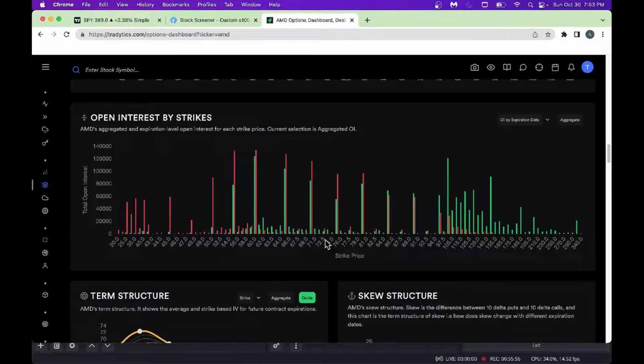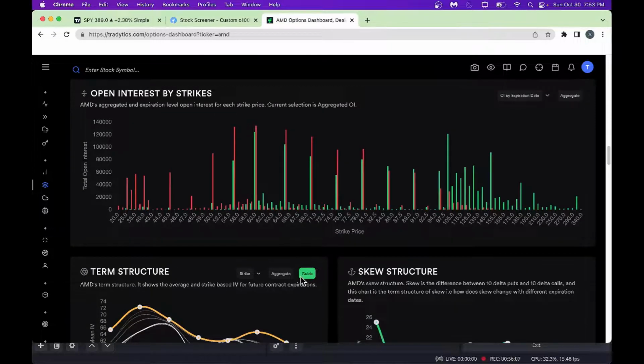And then you've got open interest here. You can look at strikes with nice, high open interest. Look, we've got 60 with nice open interest here, more put than call, as you can see. You can really make some good trading decisions by looking at this open interest level. This will really pin the stock into those levels at the time of expiration.